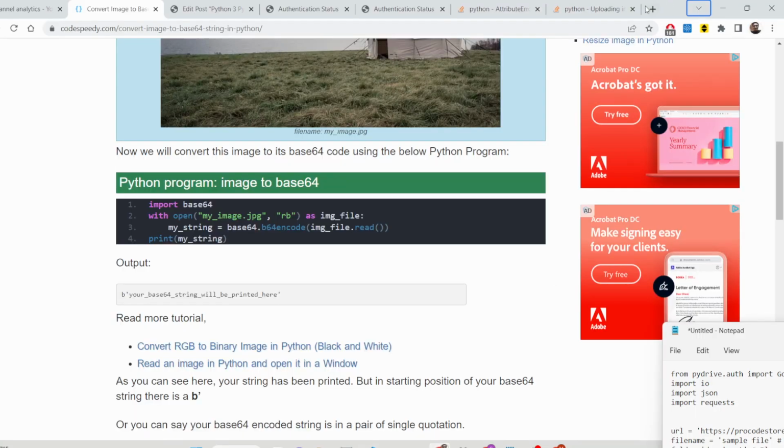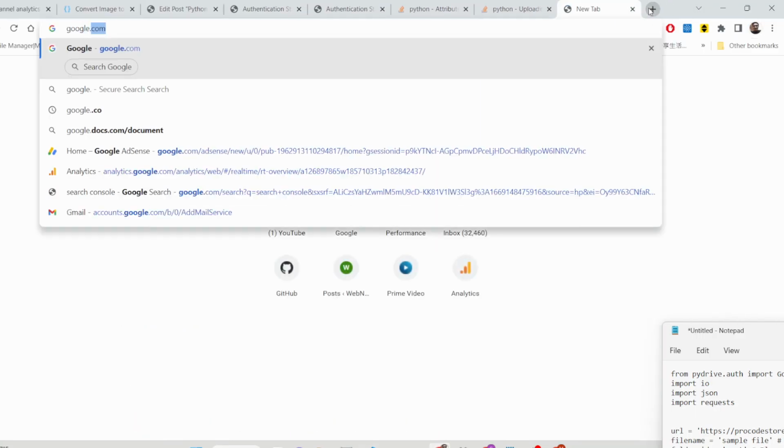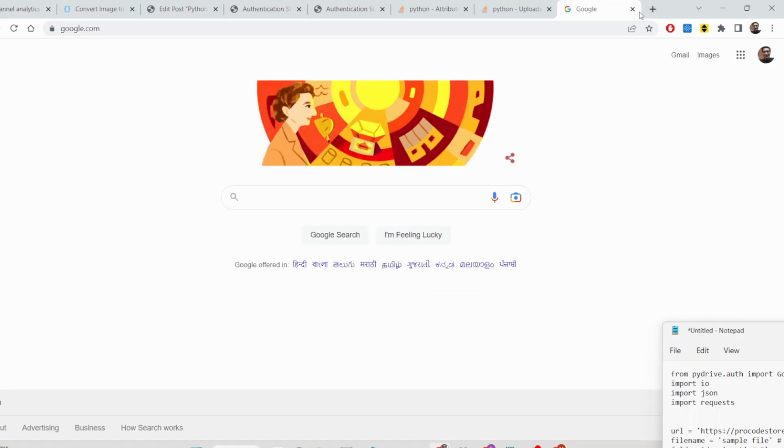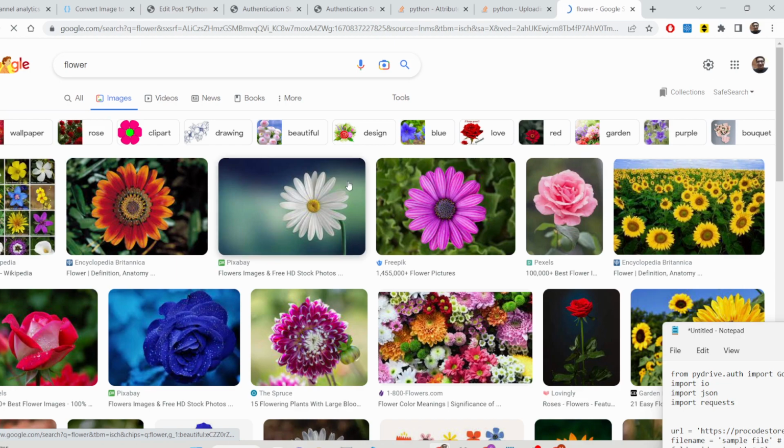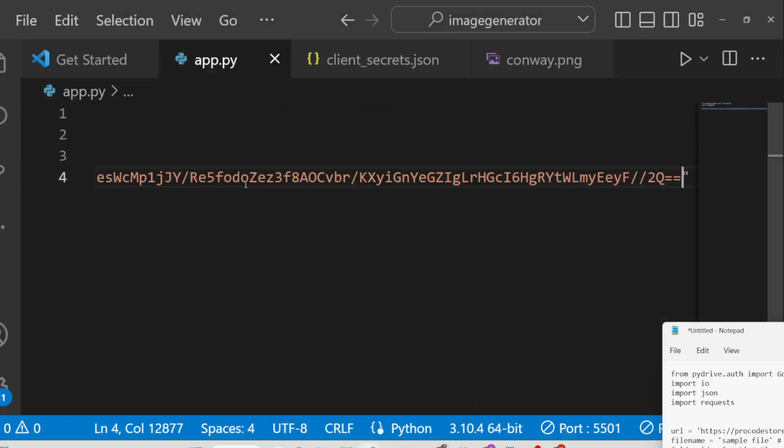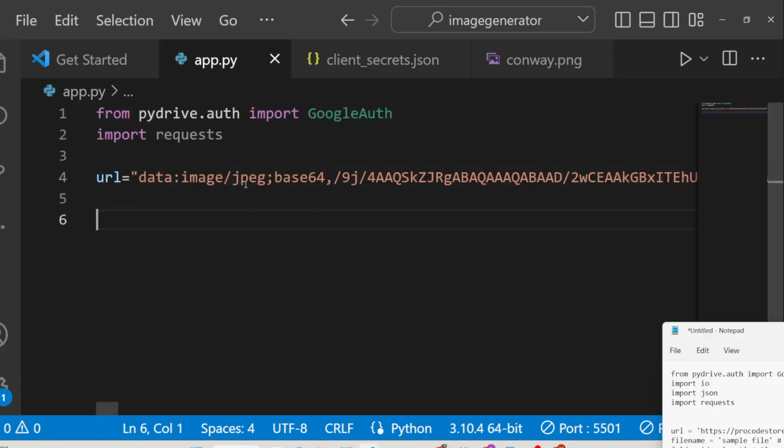So whatever URL that you are uploading, you can just take any image from the internet. Let's suppose I take an image of a flower that I need to upload. So you can simply copy image address, go to here, paste it here. You can take any image. After this you can put a file name. This file name can be anything. Let's suppose I give here